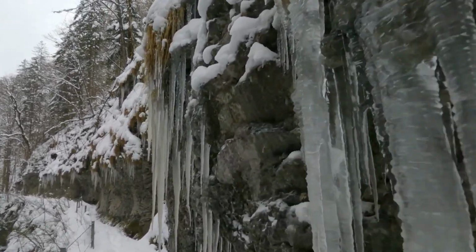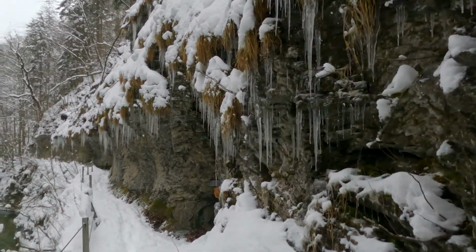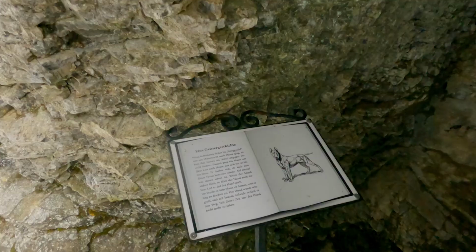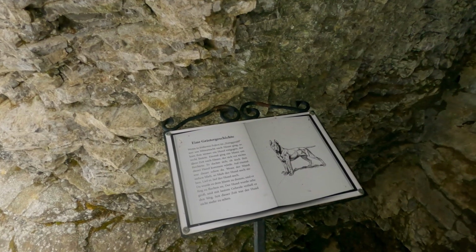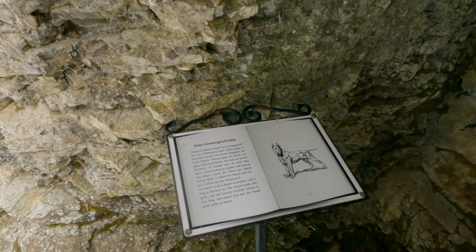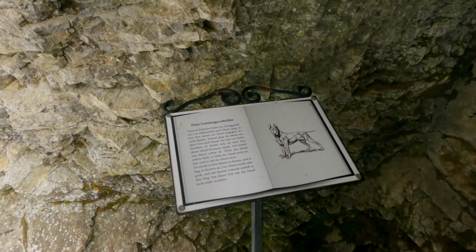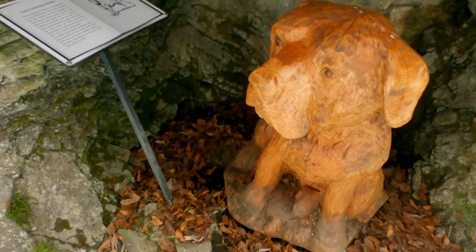Look at that massive ice on the wall. And here's something interesting. It's an old story of the Middle Ages. Somebody who was walking through the woods at midnight always met a dog which stood behind him, and when he walked the dog followed, and then one day he cursed the dog, and from that day on the dog was never seen again. So they put here a wooden